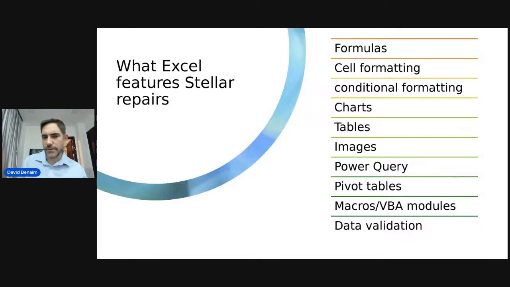And then certain cell formatting, which is either hard coded formatting or conditional formatting, where you can get a cell to, for example, change color based on the contents of what's in it. Then the Stellar Repair tools can also fix charts. If you have some charts from some data, that can sometimes be showing you incorrectly. Using tables or other structured objects, images, Power Query, which is a very advanced part of the software, can also be fixed. And then you've got pivot tables,